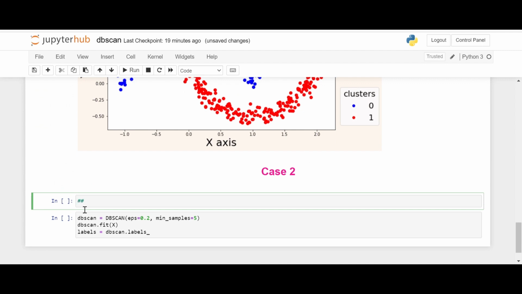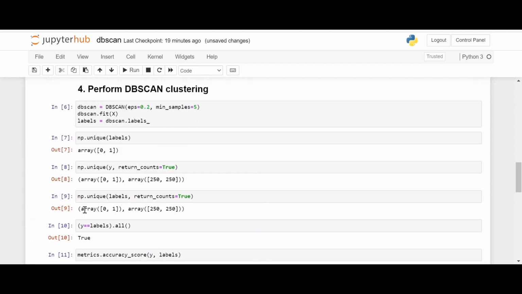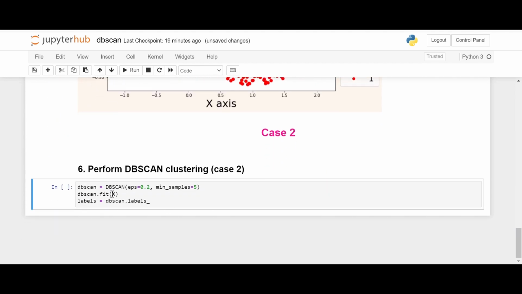Mention a heading as well: DBSCAN clustering case 2. Just mention 2. This will also be 2, and I want to change this EPS, so the radius. So I have to change it a little,